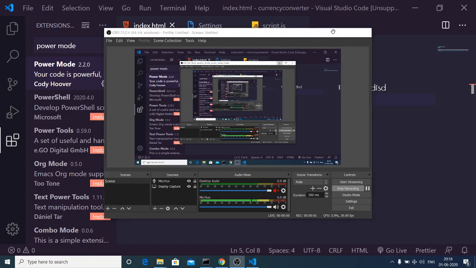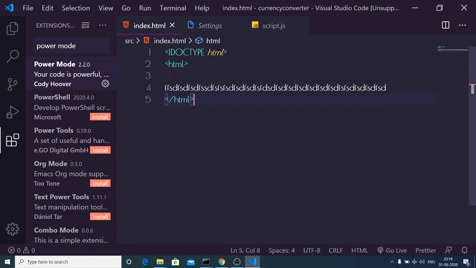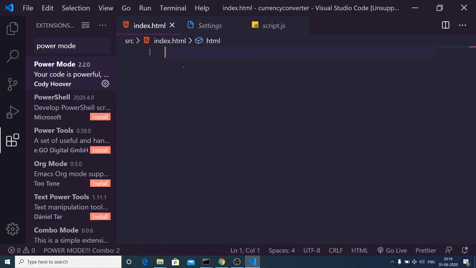Hello friends, today in this tutorial I will be showing you the Visual Studio Code theme that I use on a day-to-day basis while programming. This is a theme that I came across recently while watching a YouTube video, and I just wanted to share it with you. It is very fantastic. It has a glowing effect also.